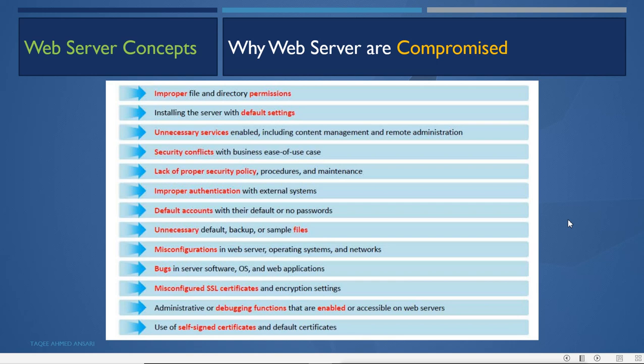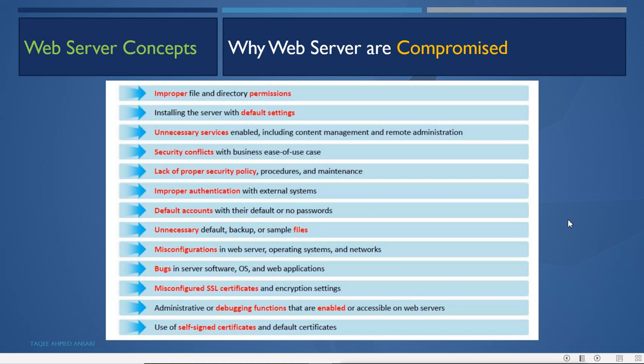Then installing the server with default settings. Always remember these default settings are not good because everyone knows what the default settings are. So it can easily compromise that server by using the default settings.